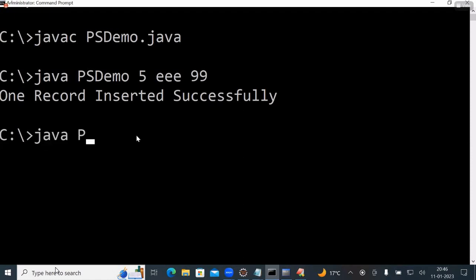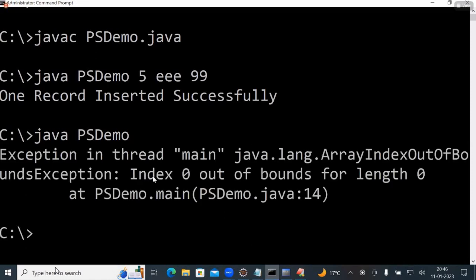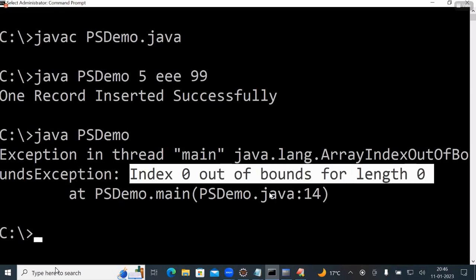Say, if I execute PSDemo without arguments, you are getting array index out of bounds exception. See, what is the message? Index 0 out of bounds for length 0. That meaning,